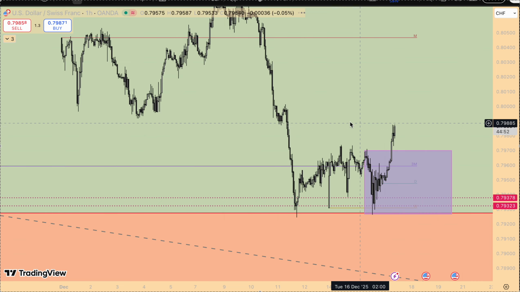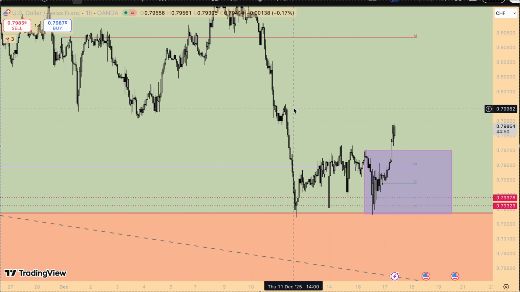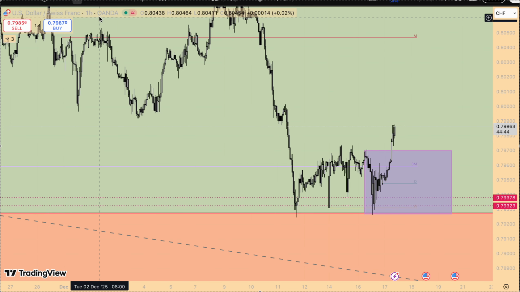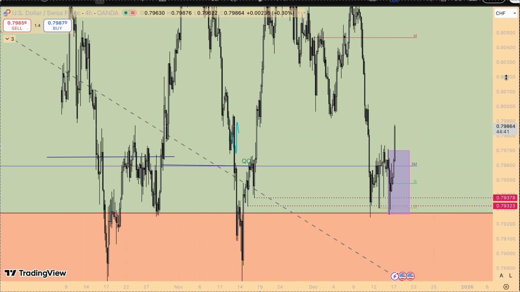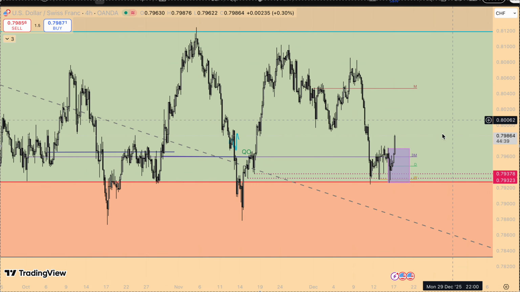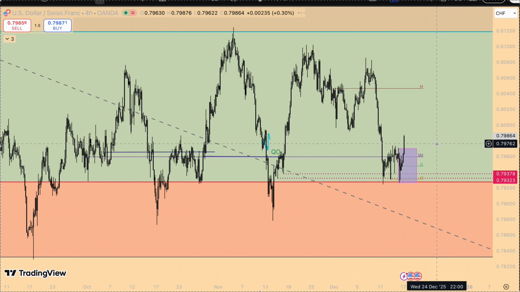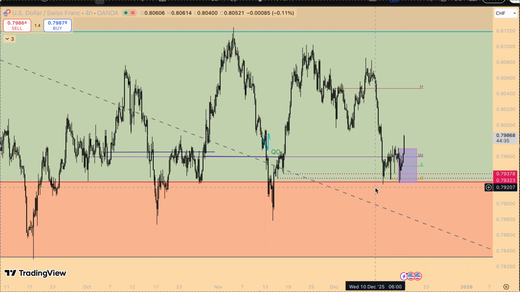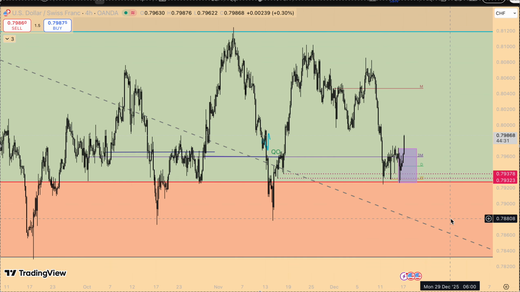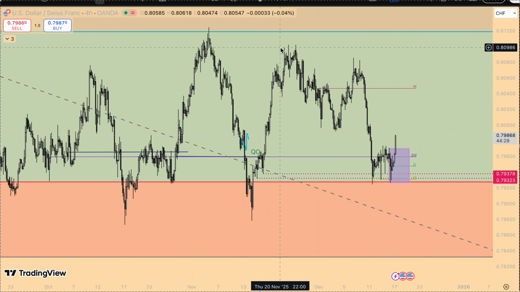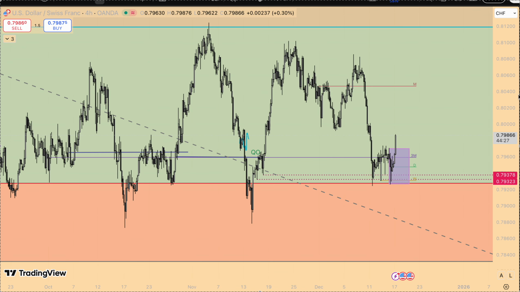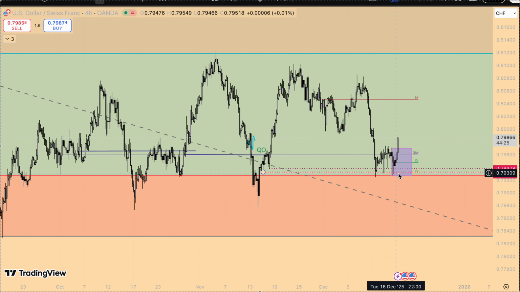Let's see what happens. But I'm also keeping an eye out for this level, because this could just be a liquidity grab, and then we start to reverse to the downside. As you know, USD CHF is still bearish, so it's not really something that I see as a strong play. Honestly, you could just sit on your hands for this one. I would rather sell it than buy it. Okay, just keep that in mind. If you like the risk, take it.